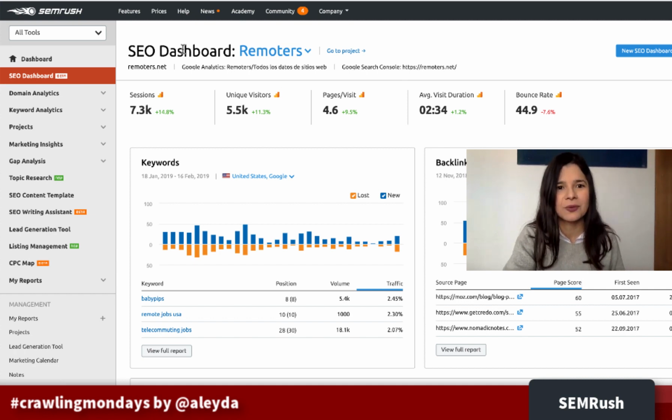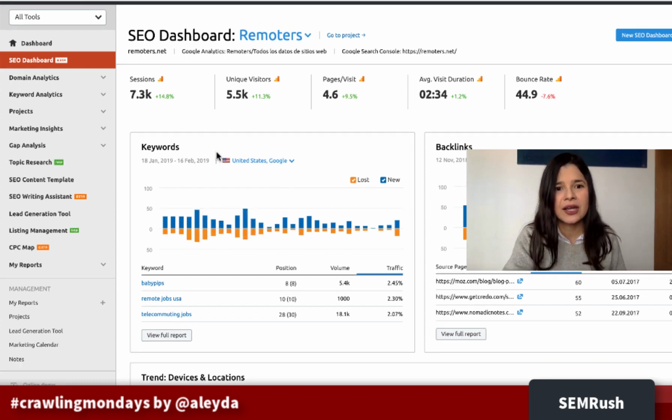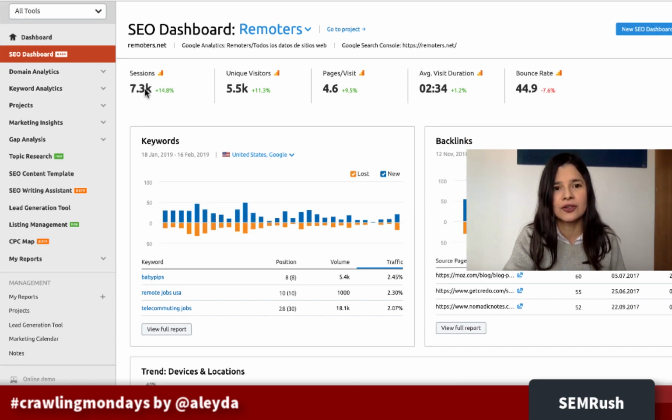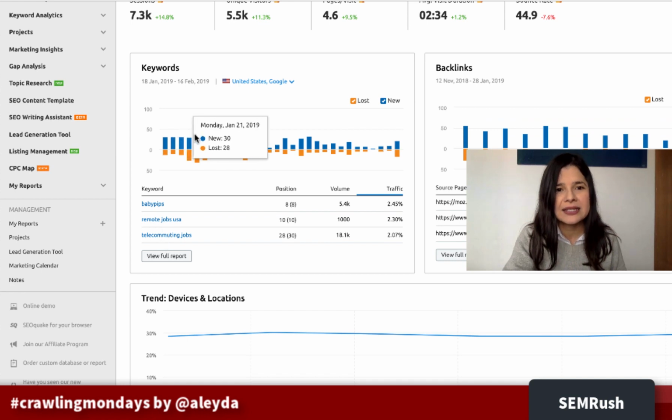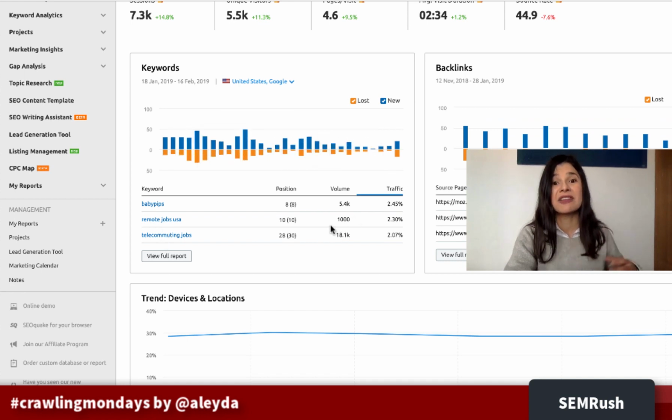So as you can see here, we have an SEO dashboard, in this case of the Remoters website, for which I connected Google Analytics and Google Search Console. Of course, it provides the information about the evolution of the most important traffic metrics. We can see the keywords that I am specifically tracking with the SEMrush rank tracker